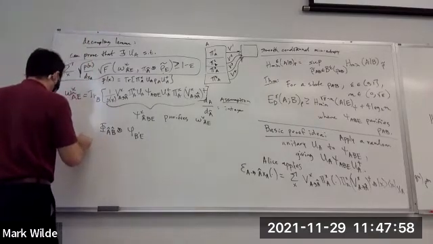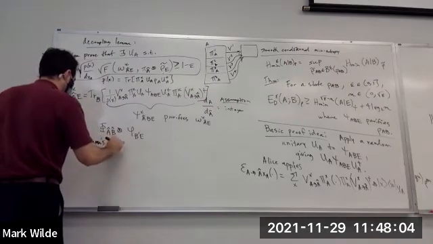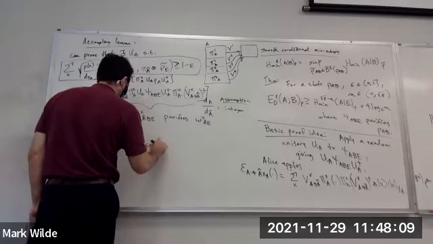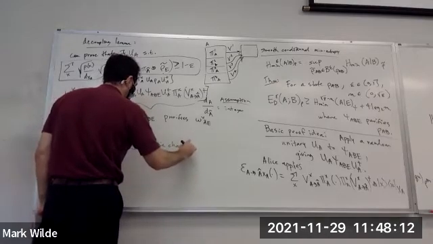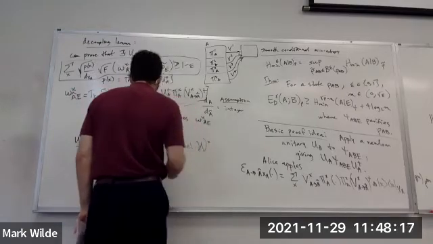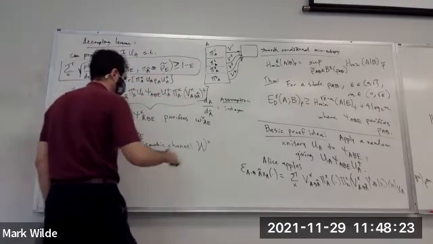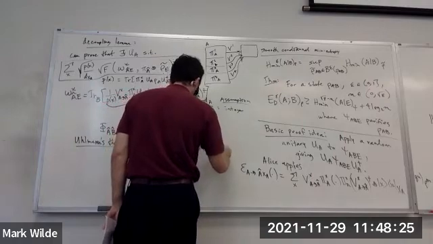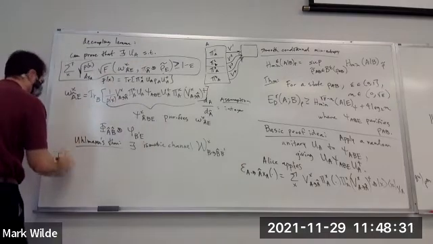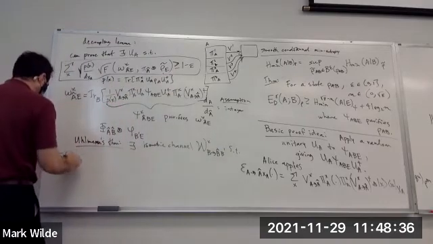So Ullmann's theorem: there exists an isometric channel W, depending on X, going from this system B to B hat and B prime, such that this fidelity of omega X